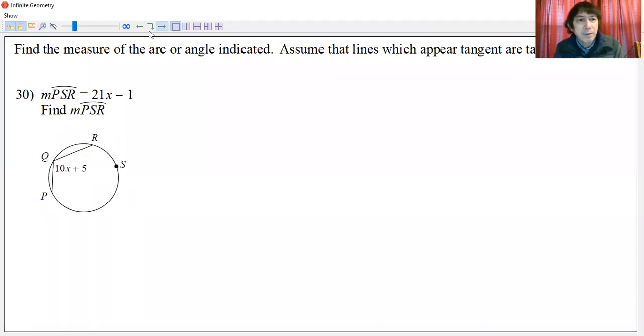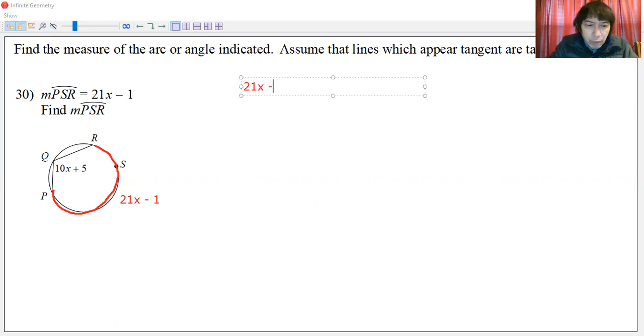All right, here's our next. The measure of arc PSR is 21x minus 1. So where is PSR? This is our arc PSR, and this is supposed to be 21x minus 1. All right, so our working equation will be